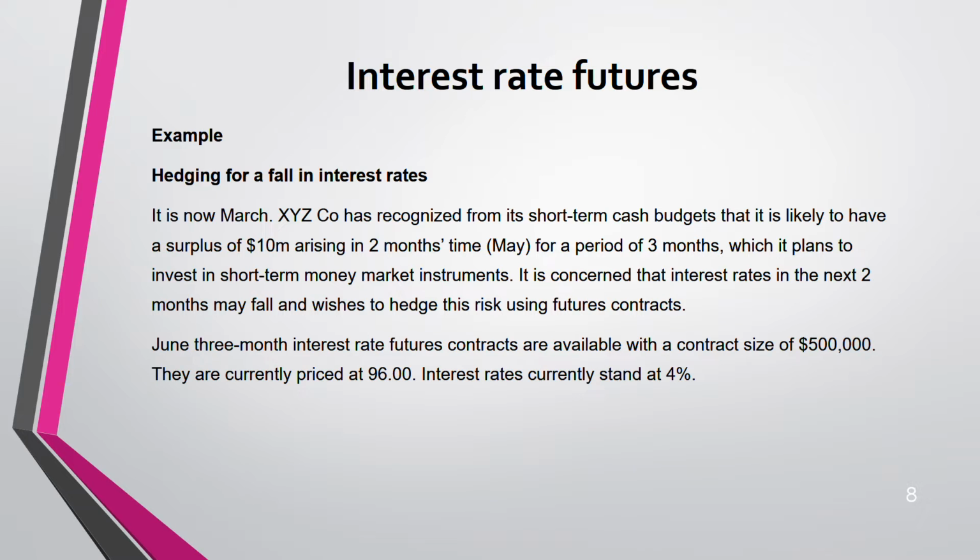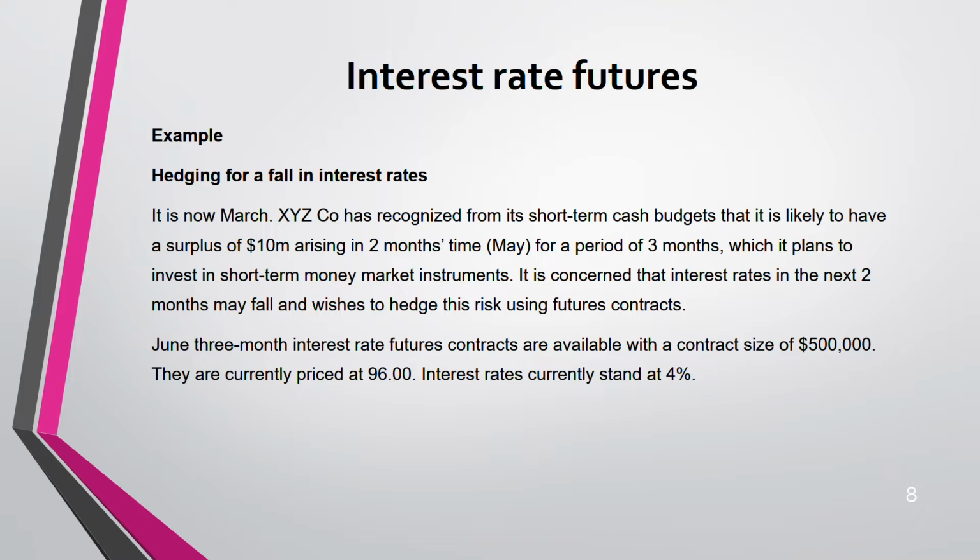Okay, so this is the answer. You are going for a 3-month future. June 3-month future. Why? March, right? April, May, June. Assuming March. Now March means end of the March, so we are not calculating March. April, May, June. The nearest future to that March is June. We all know 4 futures are there: March, June, September, December. Which one? March is over. Only June is there. So June 3-month interest rate futures are available.